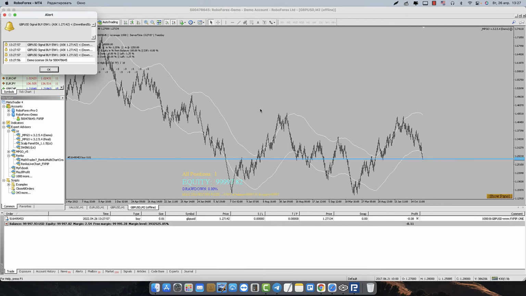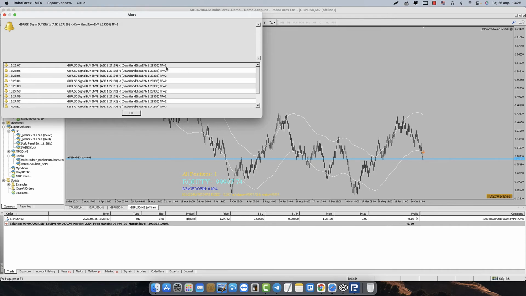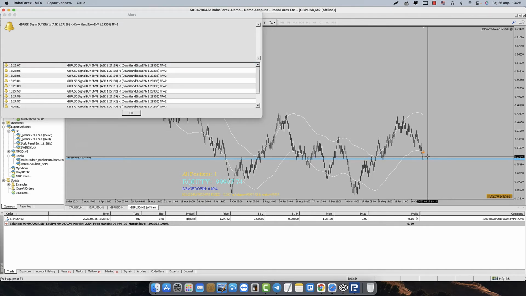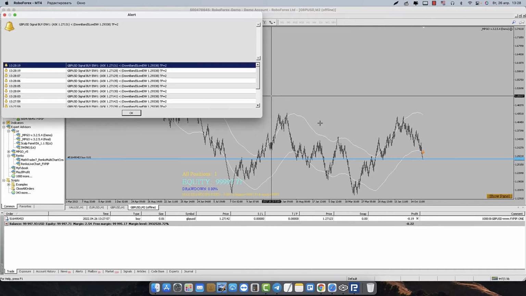See this, it tells us ask is below the envelope down band, low envelope time frame number 2. This price is below this band of the envelope. This is why the robot opened a buy, and you can calculate where